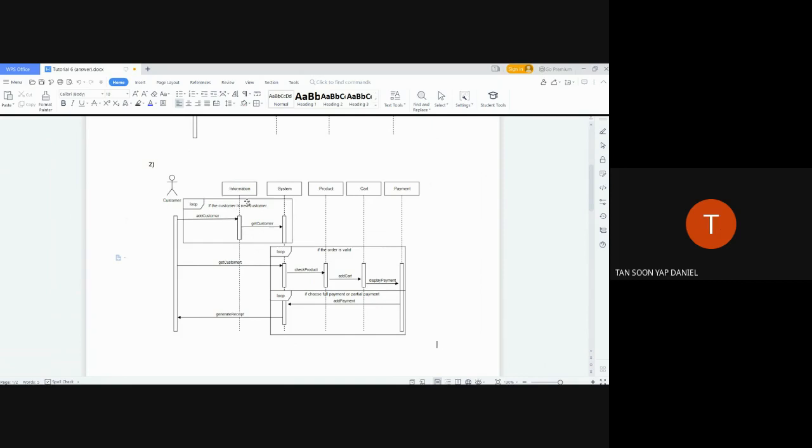The first is information. It asks about the information from the customer itself. So I also ask the looping: if the customer is a new customer, they need to add their customer details to the system, to the order system. So the customer needs to add customer details, so the system will get the customer itself. So the second one is